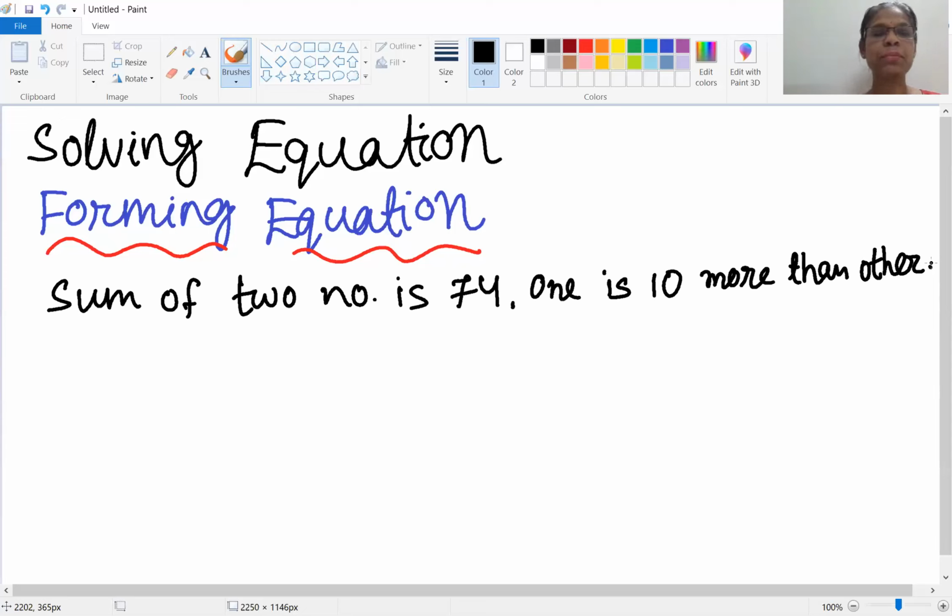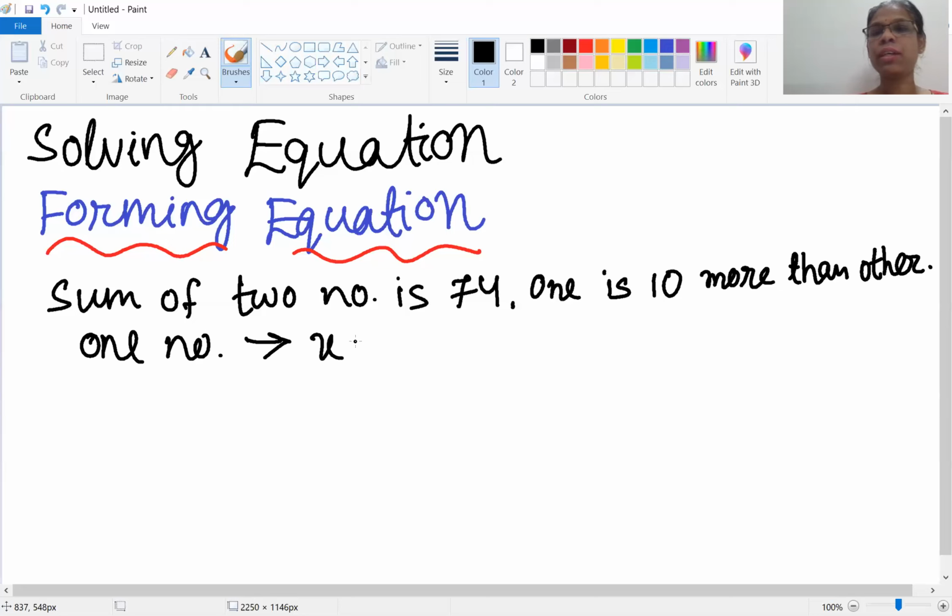Here I have a problem. Sum of two number is 74. One is more. Here I am going to frame a equation where the problem is sum of two number is 74. The condition number 2, one is 10 more than the other. Then I have to find out the number. Let's assume the unknown number is, my one number can be